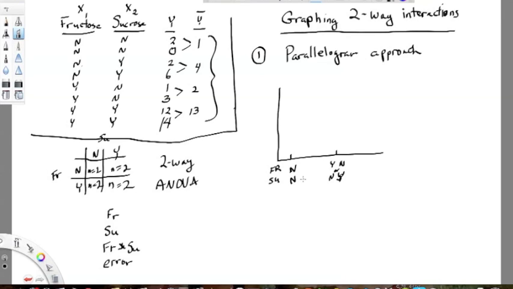Okay, so as we go across here, we're going from the absence of a particular factor to +1 level of the factor. And then what we're going to plot over here on the right side of the graph is the presence of both. So yes fructose, yes sucrose, or in other words, +2 factors being added to our growth medium. So here we have +1 factor, here we have 0 factors being added, and we can just plot the means